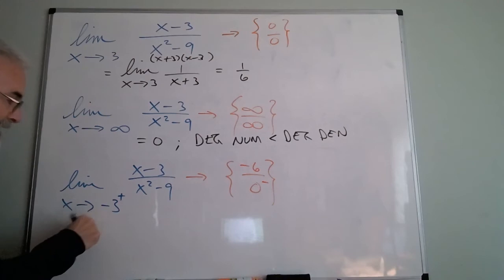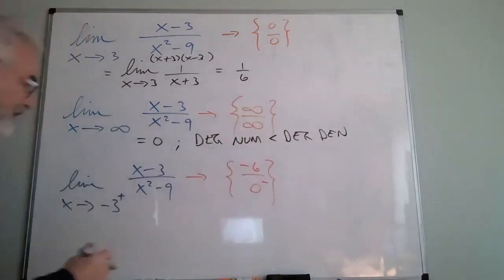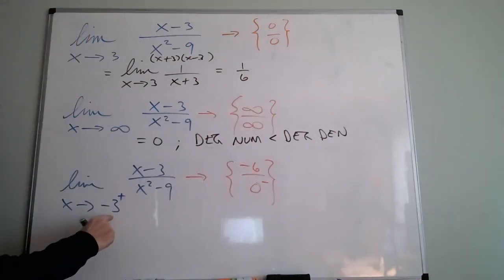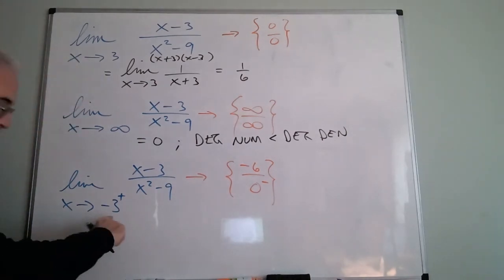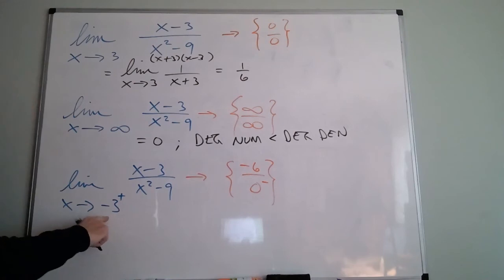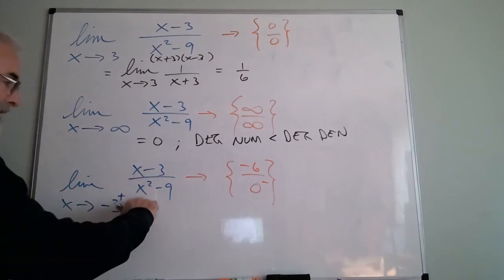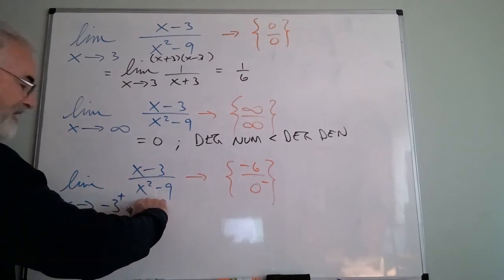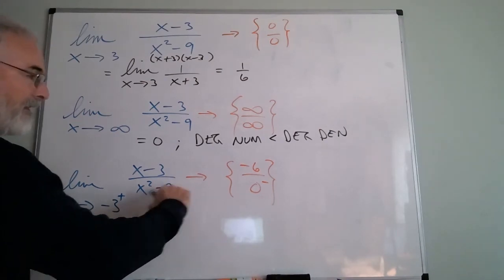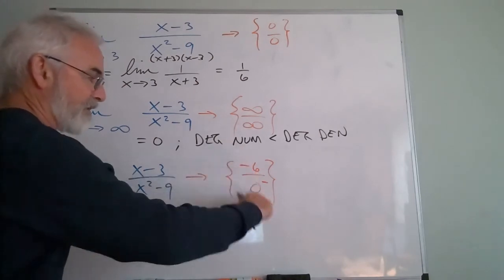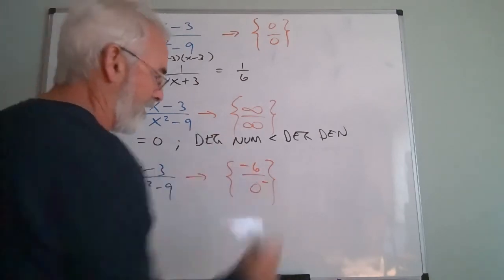As I approach negative 3 from the right, the square of x would be smaller than 9, so my denominator would be approaching 0 from the left. That means this is going to grow without bound